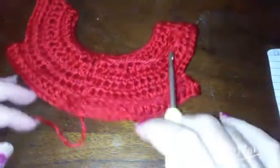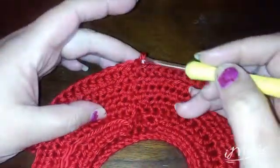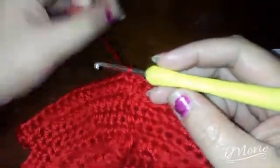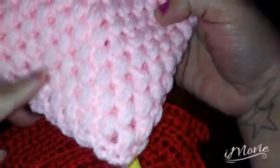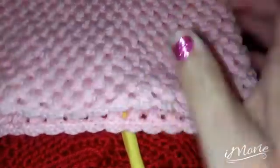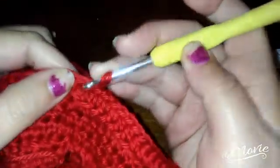So what we're going to do now, we are going to start with the skirt part. And if you notice the other one there, I don't even know what this stitch is called, popcorn. And yes, this is like regular yarn. That's kind of stiff. That's why I decided to do it with this one. So I'm just going to crochet chain 1, and I'm going